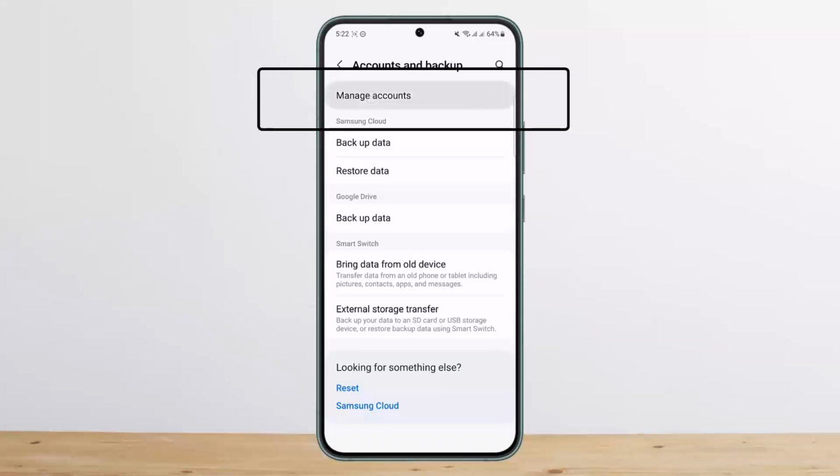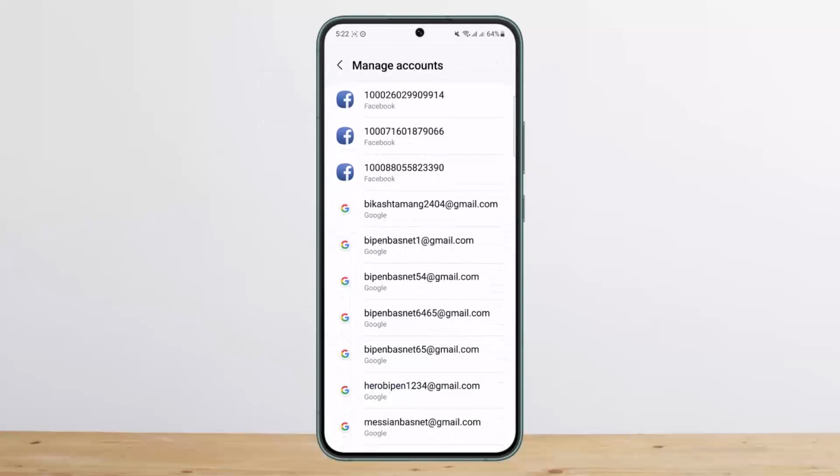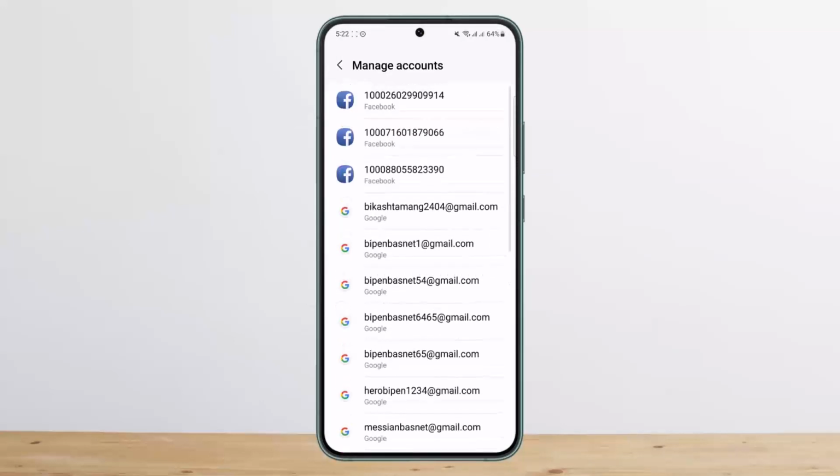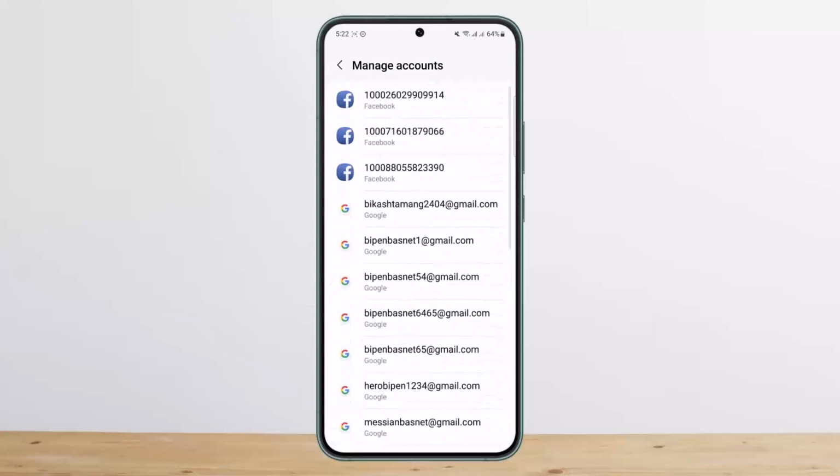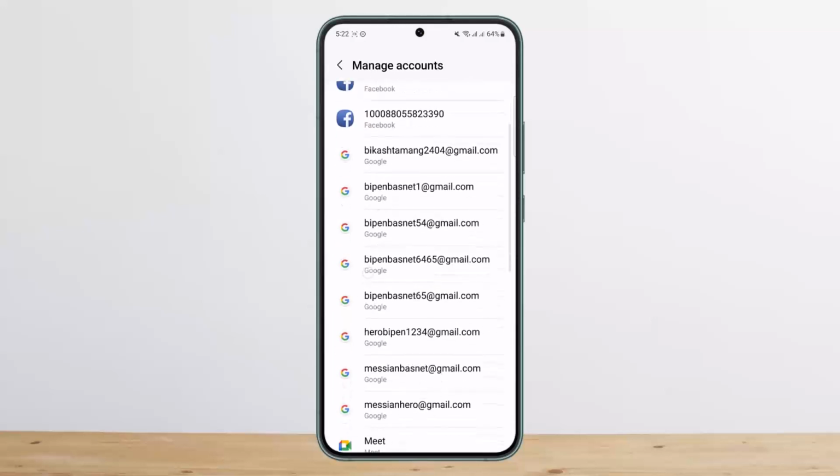You want to simply tap on that manage accounts and you'll get all the list of your logged in accounts on your device. So here you can see my Telegram, my Google, my Facebook, my Terabox, Viber, WhatsApp, all my accounts here. Simply tap on the Google account that you wish to log out, and once you tap on it,